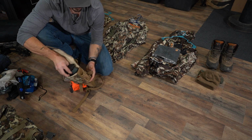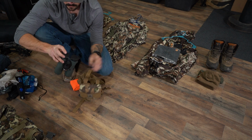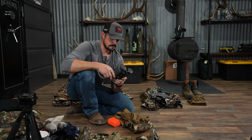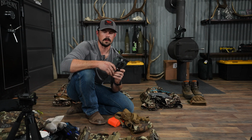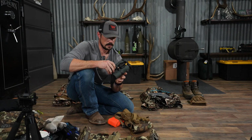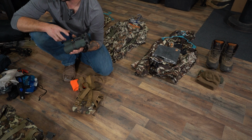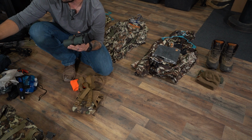Inside I have a pair of Swarovski NL Pure 10x42s. By far the best glass I've ever used. Absolutely love these things. Low light capabilities are unreal. With the NL Pures, they don't have a 1/4x20 attachment point, so you're not able to use it on a